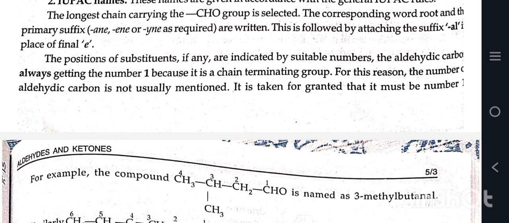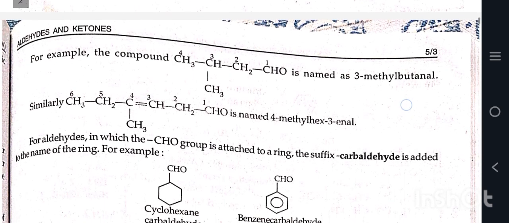For this reason, the number of aldehydic carbon is not usually mentioned. It is taken for granted that it must be numbered 1. For example, the compound CH3CH(CH3)CH2CHO is named as 3-methylbutanal, and similarly CH3CH2C(CH3)=CHCHO is named as